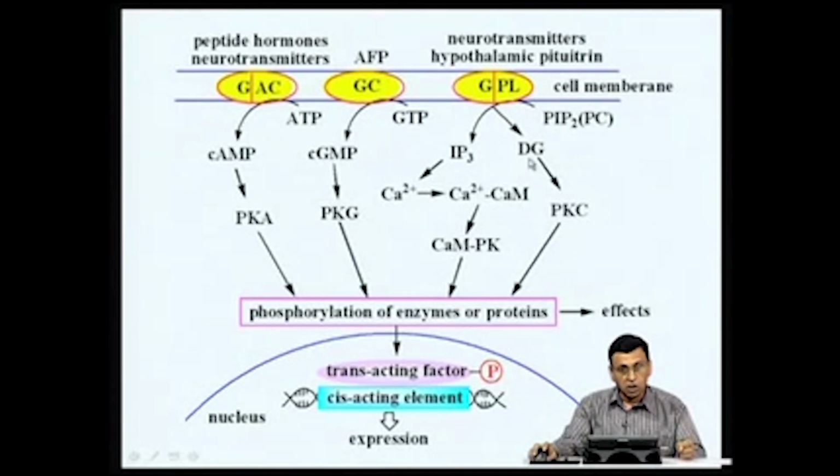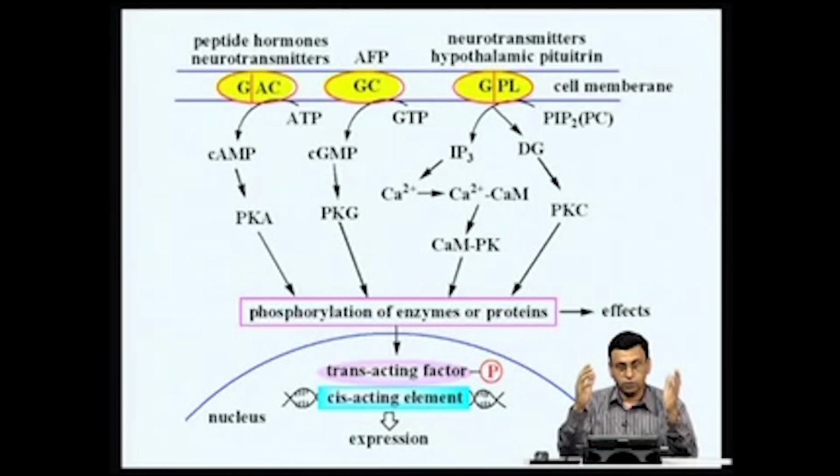The diacylglycerol also is a very important activator of protein kinase C. Both calcium and diacylglycerol together can also activate protein kinase C, and protein kinase C again can phosphorylate a number of proteins including transcription factors, leading to activation or repression of target genes. So, these are the three major signal transduction pathways that we are going to discuss today, as well as yesterday,